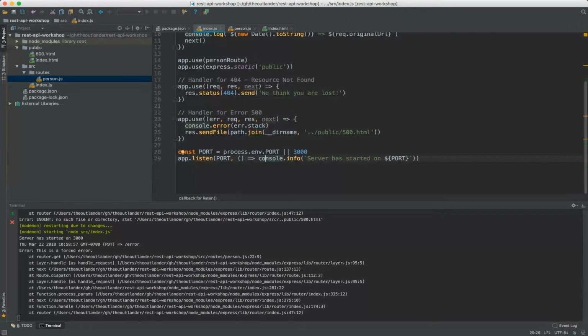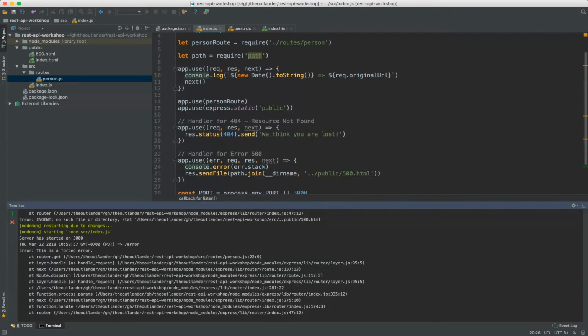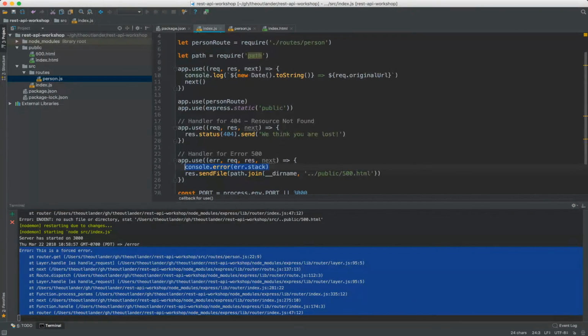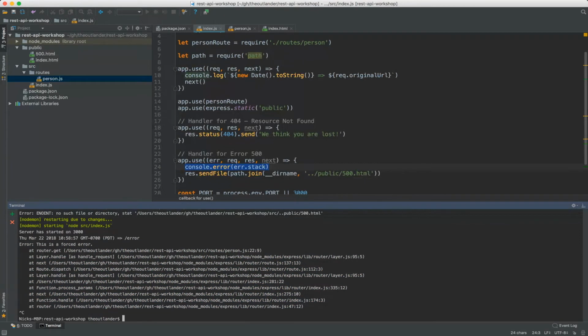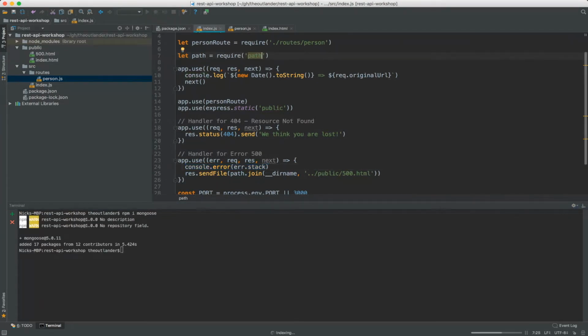All right, so notice when we ran into that error, it also ended up printing the stack to the console because of this line 24 here. I'm going to stop the server, clear the console, and npm install Mongoose. All right. And what we're going to do is create a folder on the source called